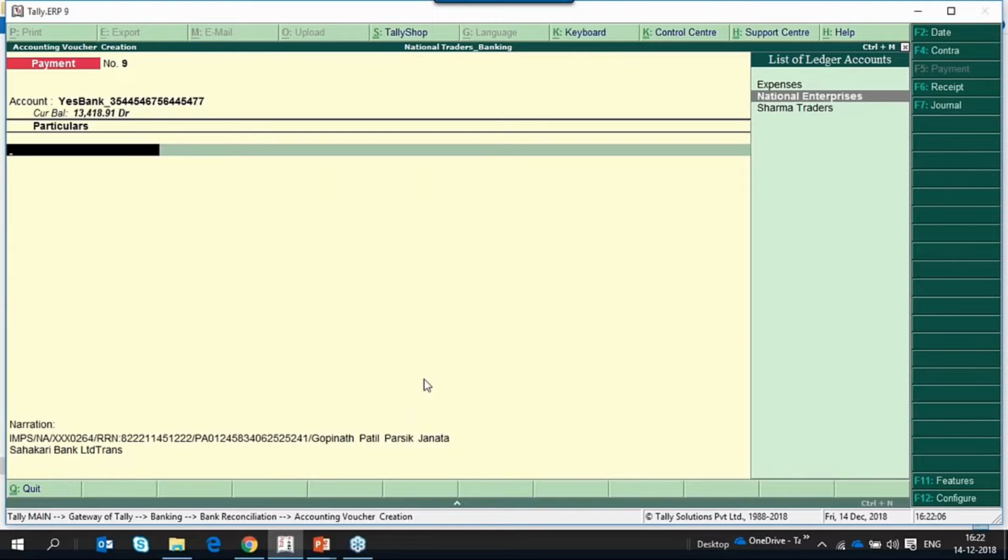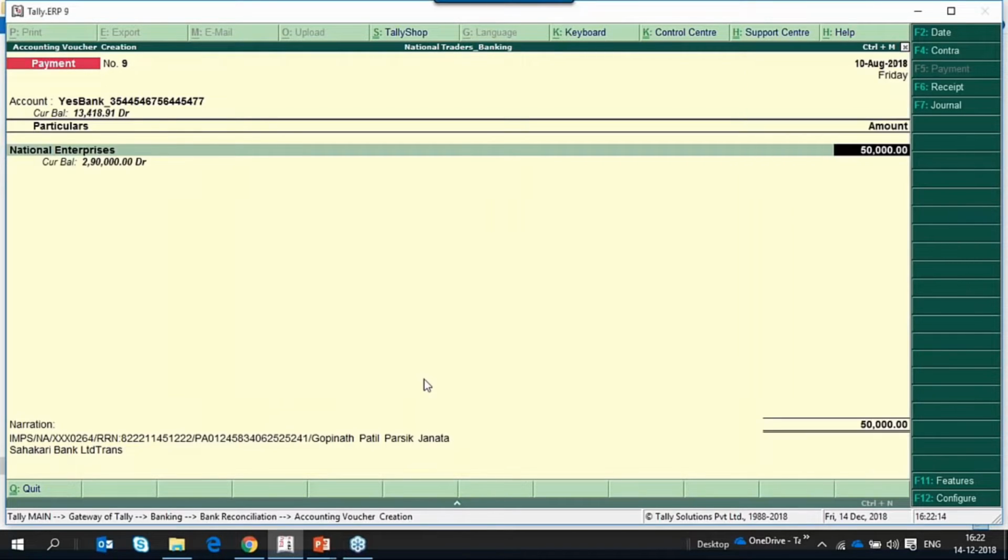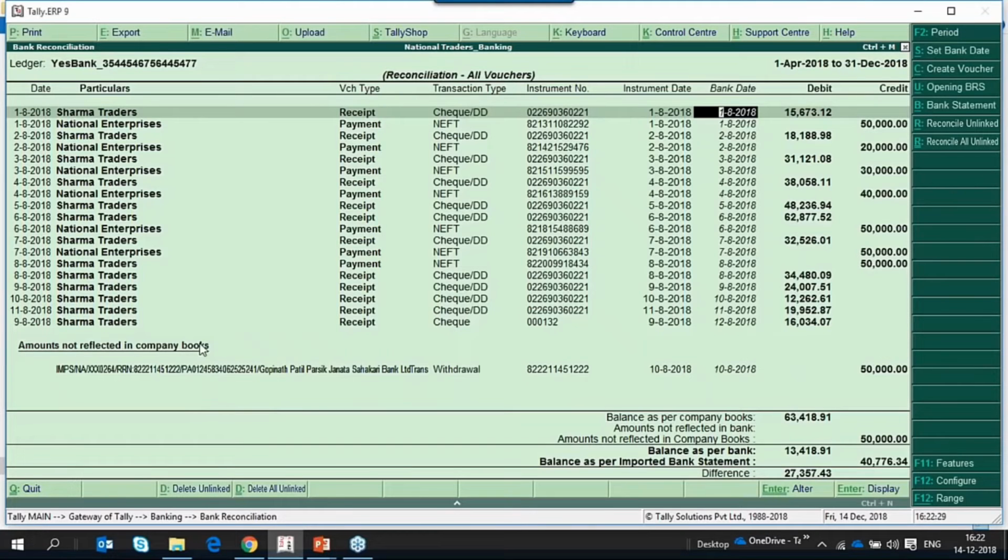It can be any expense or any payment to vendors. So I'm selecting a vendor ledger here. If you see, the transaction value is also appearing by default. So this is the amounts not reflected in bank section. All the additional transactions will be listed under this amounts not reflected in bank section.